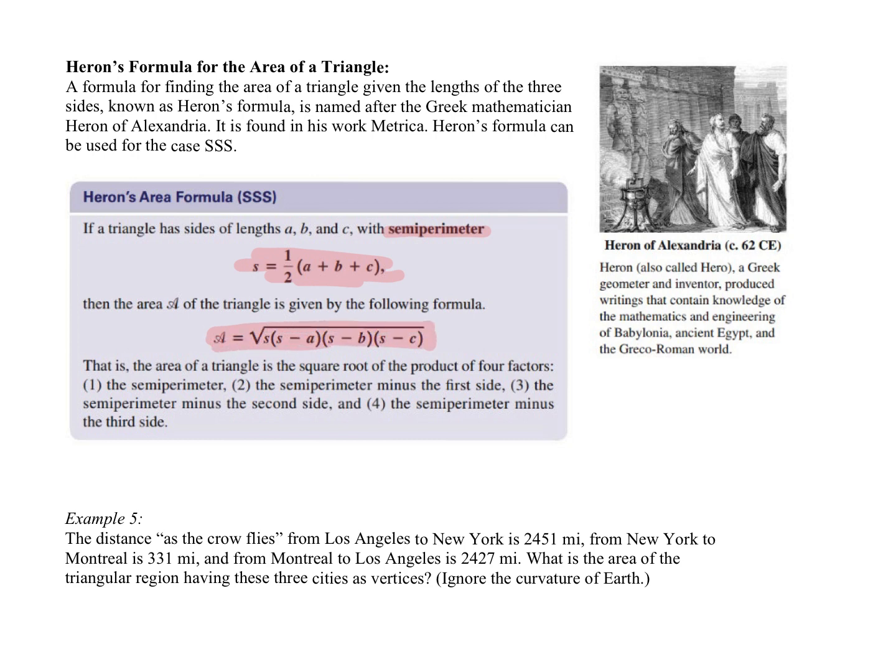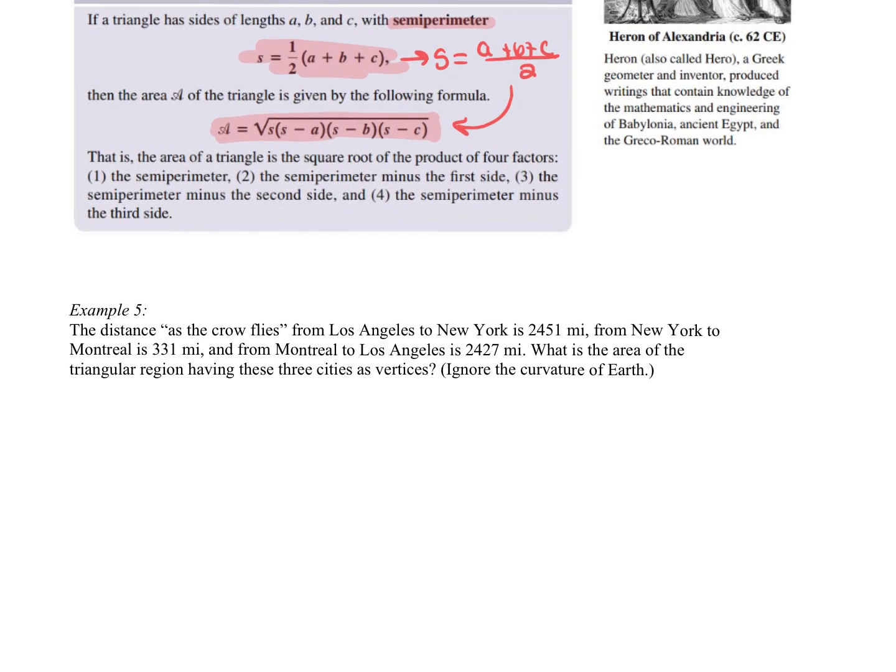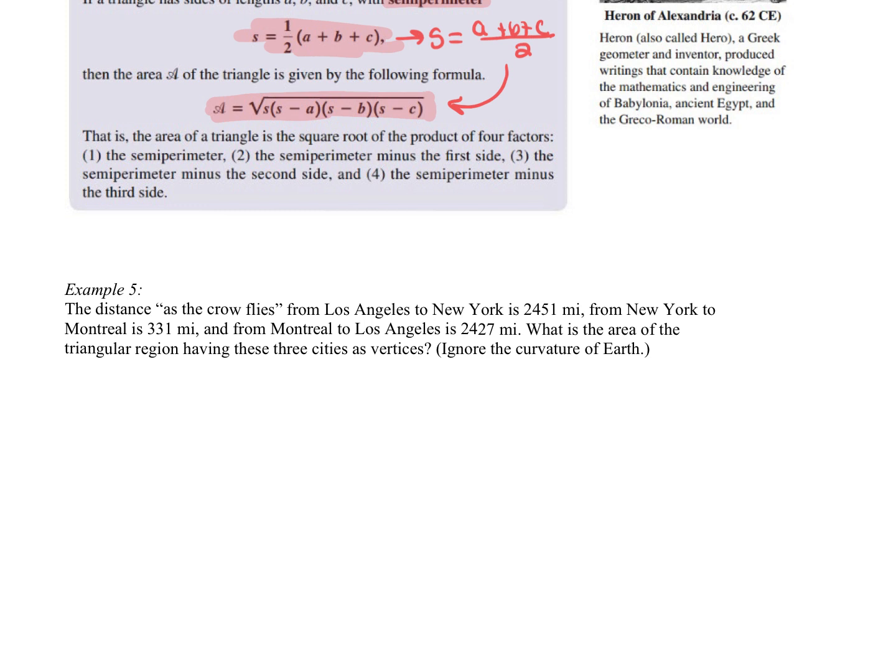First of all, the semi-perimeter: add up the sides, A plus B plus C, divide them by 2. And then you're going to use this and plug it in down here. So let's look at this example. The distance as the crow flies, that means in the air, no stop signs, no traffic, from Los Angeles to New York is